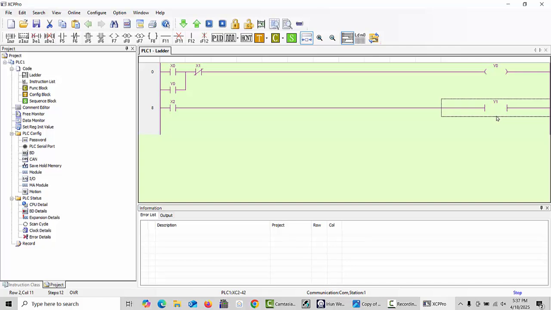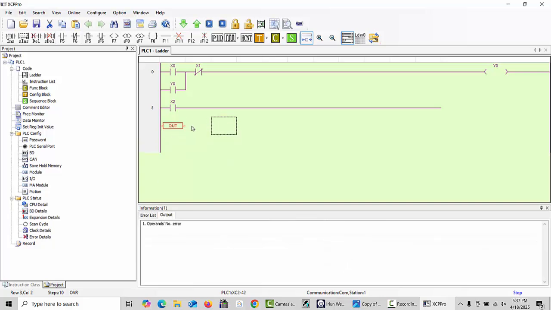Sorry, this time you first have to select the output area, and after that you can write out Y1 and click